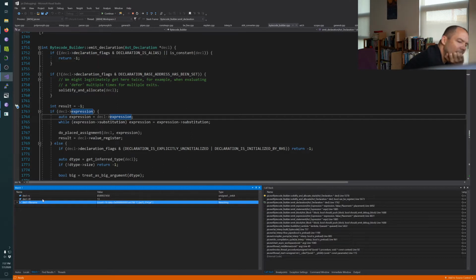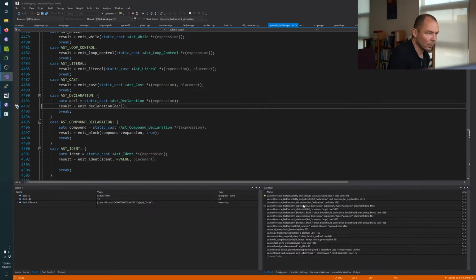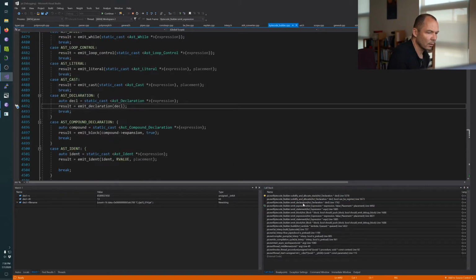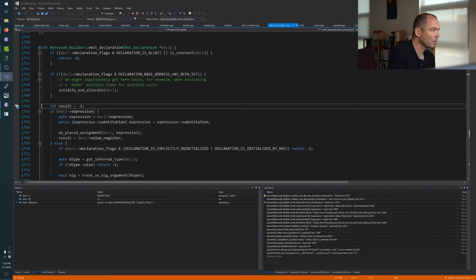Okay, I kind of get it. We don't ever get to the point of checking the expression because that happens later. So I think we check it at an expression level, but not at a declaration level, maybe. All right, let's just put one there.